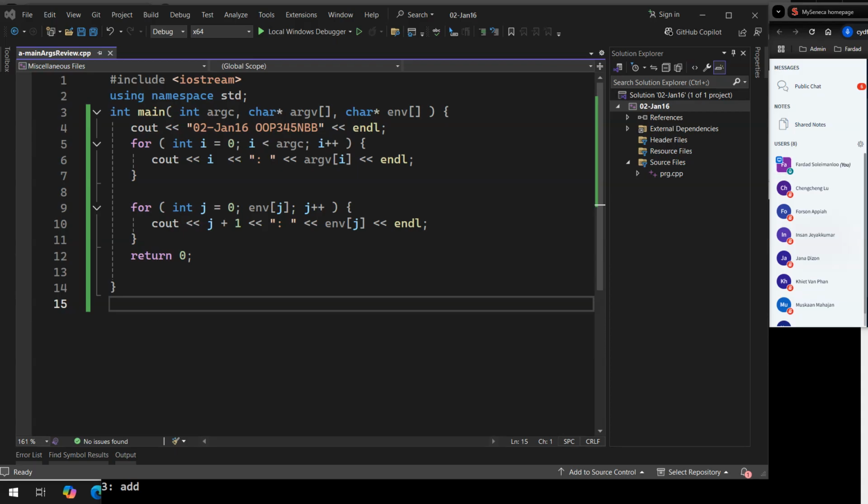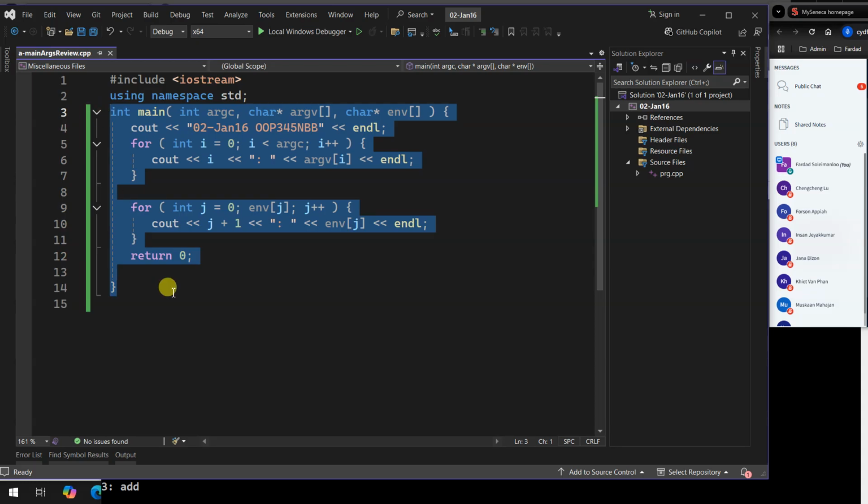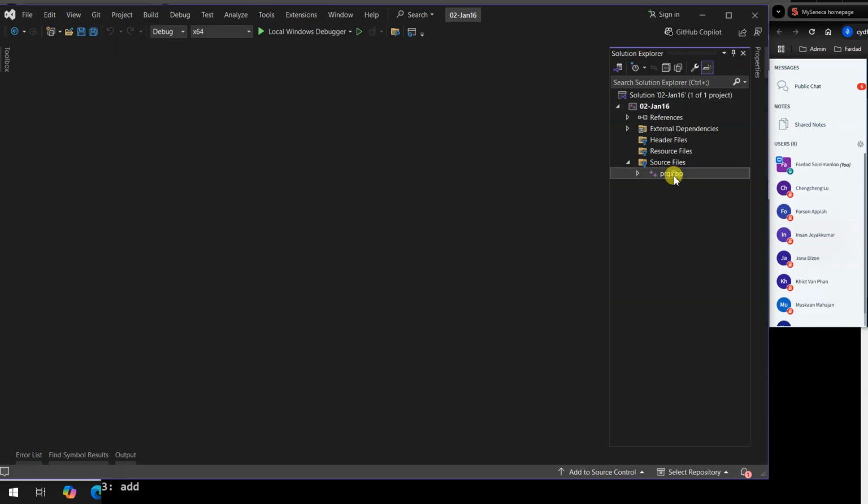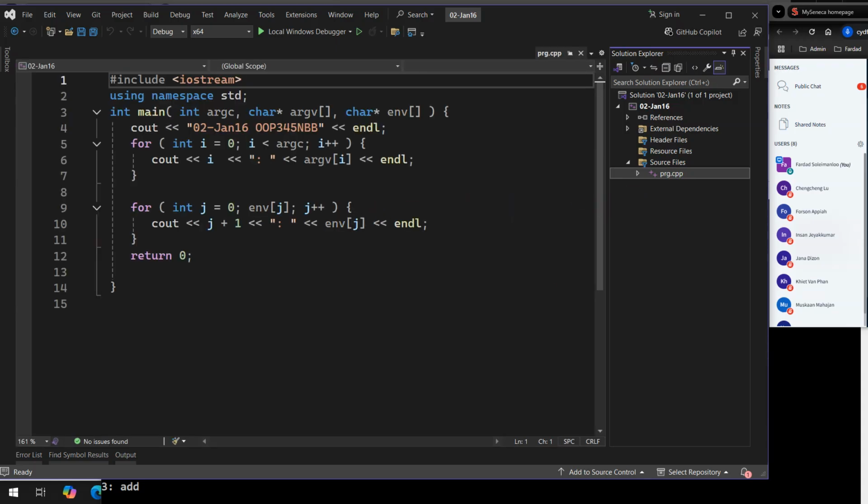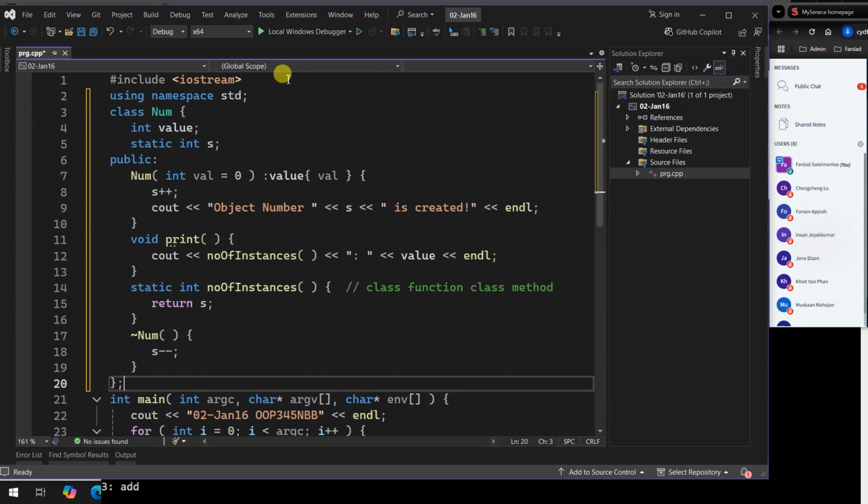Static variables have more meaning than others. For example, say I have a class called num, and in that class I created a static member variable that I call s.